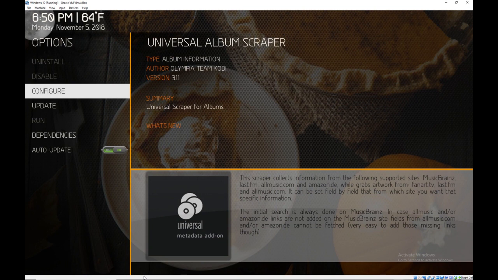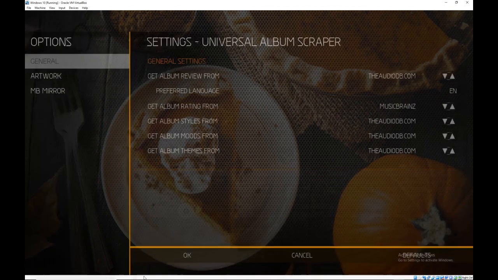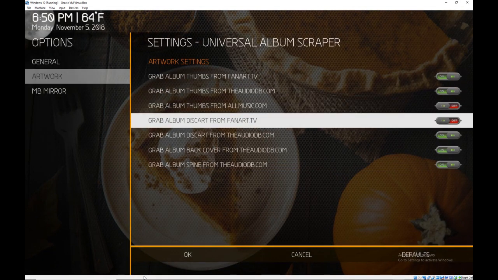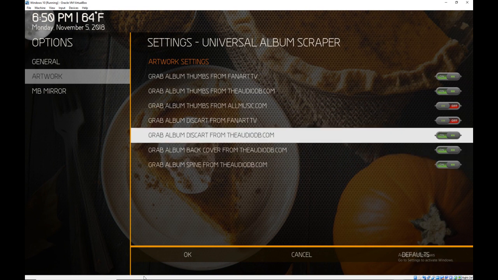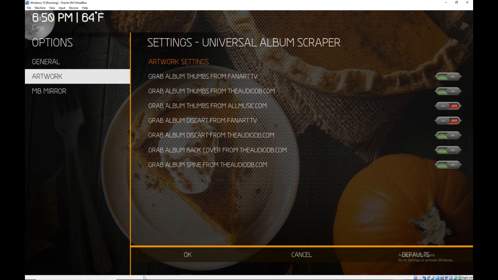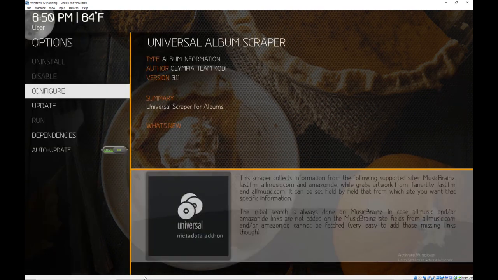So if you click on the configure button to the left and then go down to artwork, you'll see the last 3 options here. They're off by default. You can grab your disc art, back cover, and spine images from the audiodatabase.com. So you turn those 3 on and say OK,